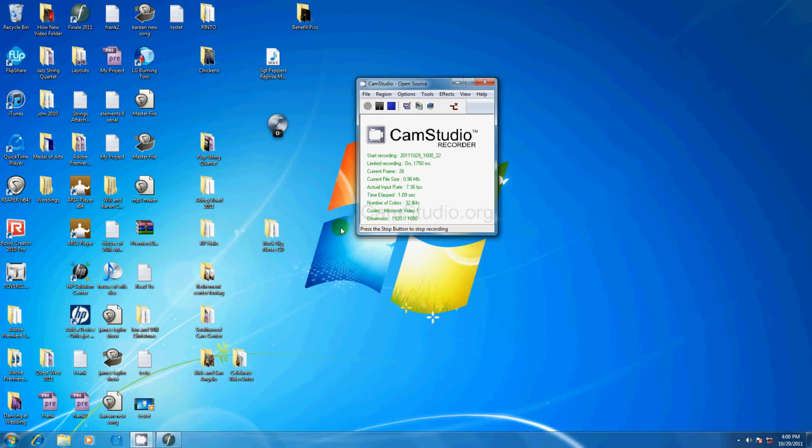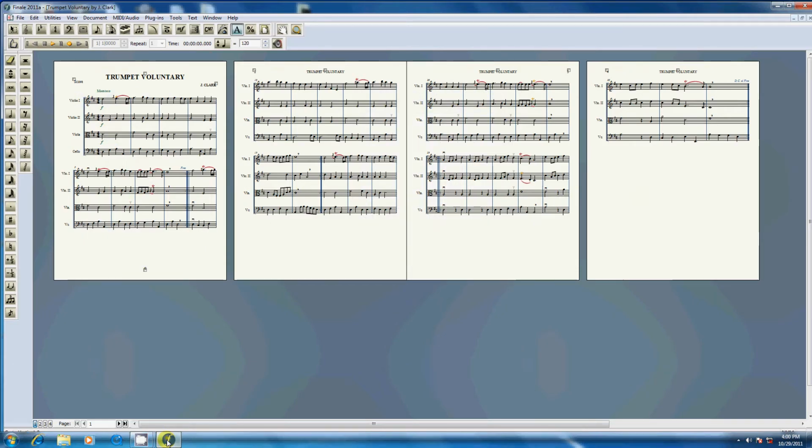Okay, we are learning how to format music and extract parts and make those parts into PDF files and combine the PDF files. So first step is to open up a score, look at the score in wide view to see if there